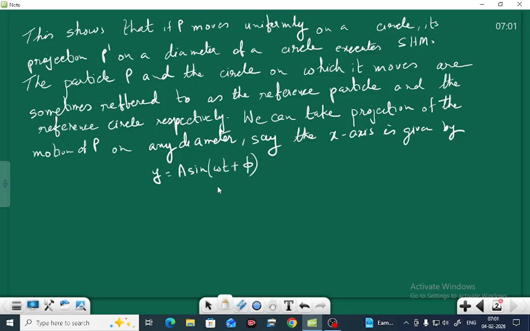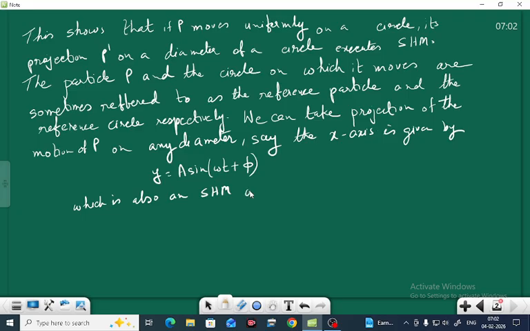This is the equation on the y-axis, and on the x-axis it is x equal to a cos(omega t plus phi), which is also an SHM,